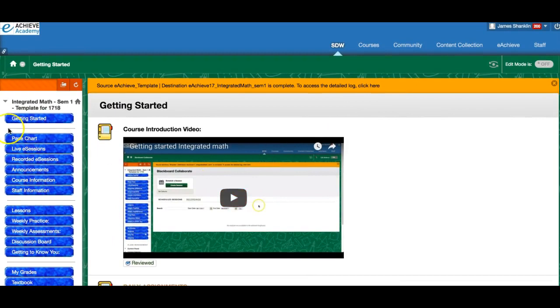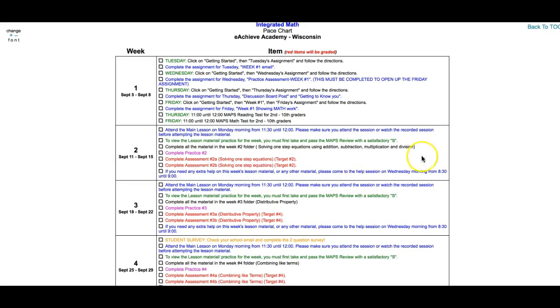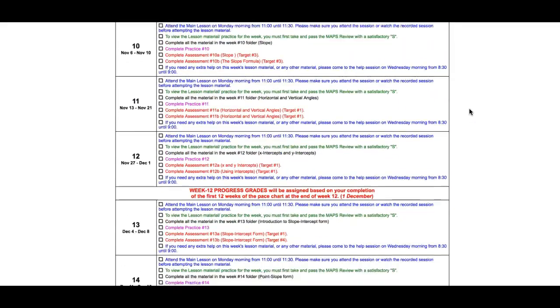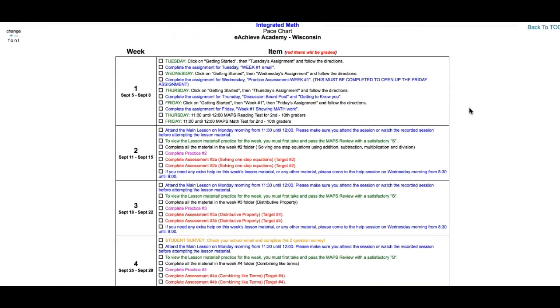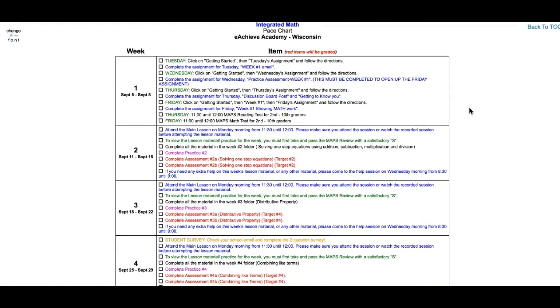The second button down is the pace chart, which is one of the most important things that we offer. The pace chart goes through everything for the whole semester. If you take a look, everything for the first semester is there. If you wanted to work ahead, you absolutely can. Everything that is in red is going to be a graded item that will be in the grade book. Everything on my pace chart that is purple is a practice,